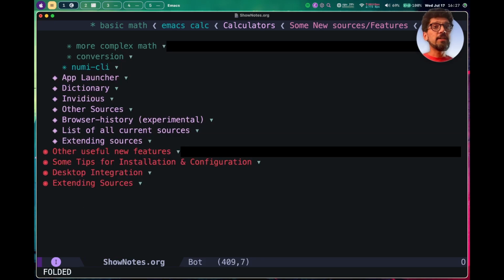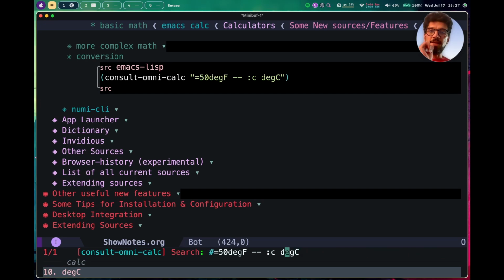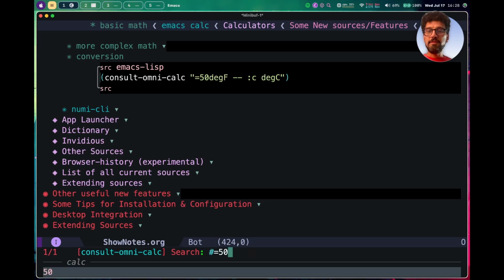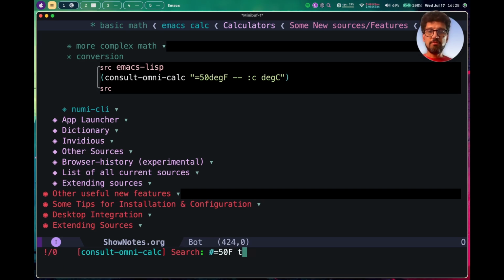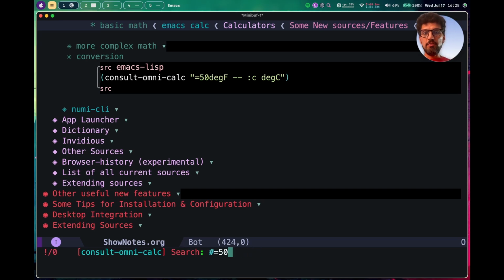We did conversion earlier, and if you remember, I said we can come back to it because there is a way to do conversion in consult-omni calc as well. We just need a slightly different syntax. So I would say 50. Let's first actually do 50F to C, and this won't work because the Emacs calculator and the backend function I talked about earlier, calc eval, does not understand this string. In order to get it to understand, first of all, we have to say